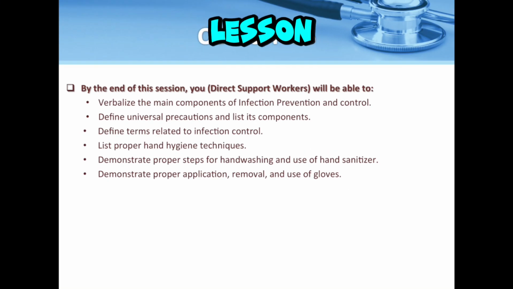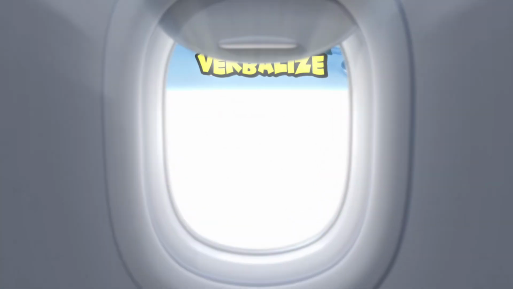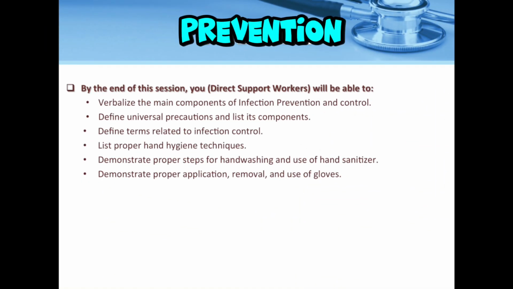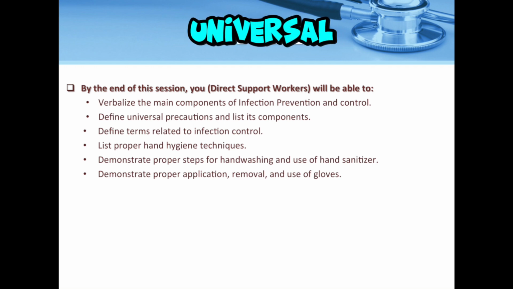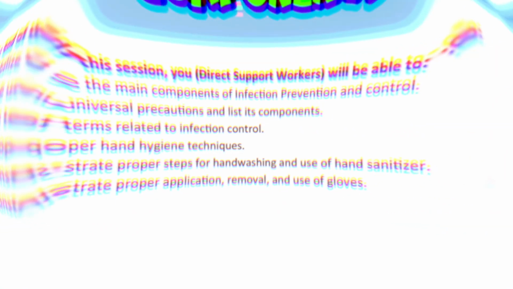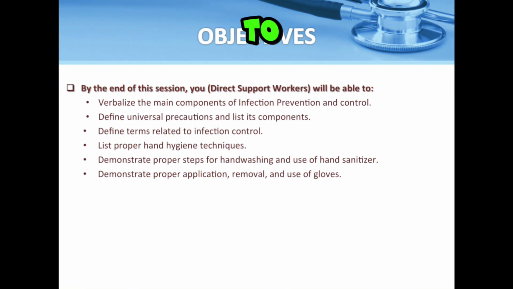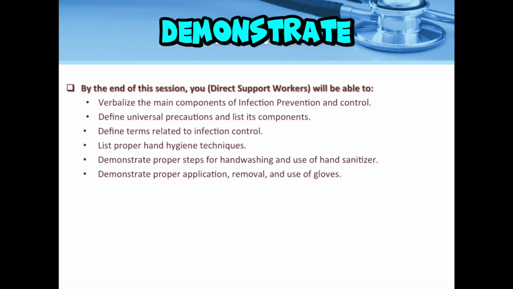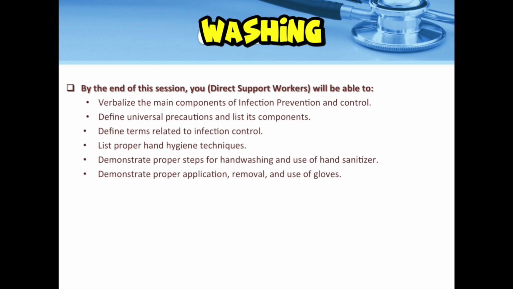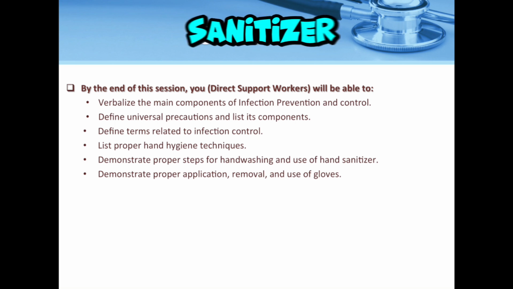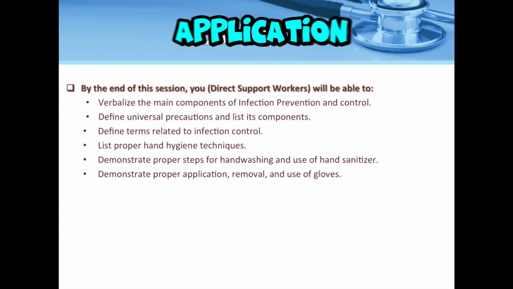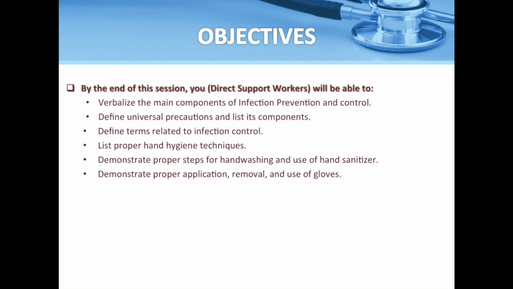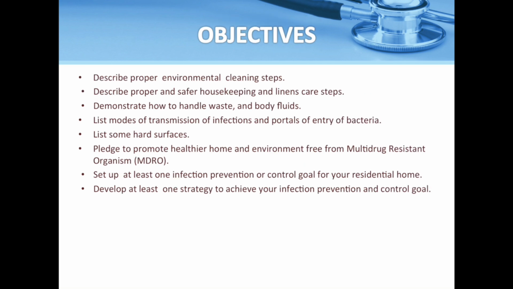By the end of this lesson, you will be able to verbalize the main components of infection prevention and control, define universal precaution and list some of its components, define terms related to infection control, list proper hand washing and hand hygiene techniques, demonstrate proper steps for hand washing and use of hand sanitizer, demonstrate proper application and removal and use of gloves. You will also be able to describe environmental cleaning steps,